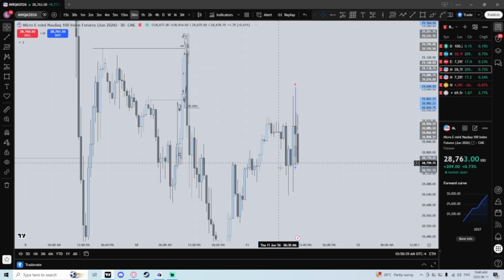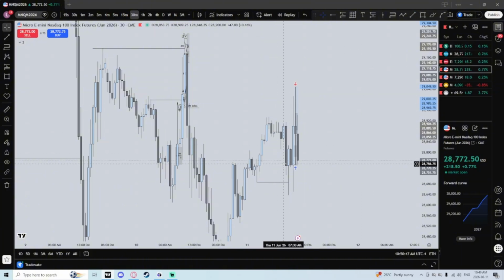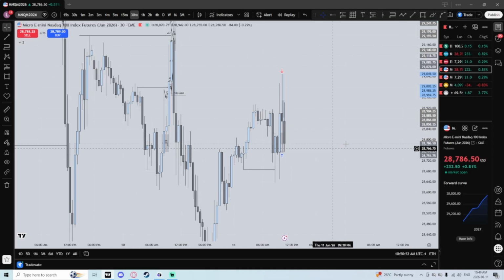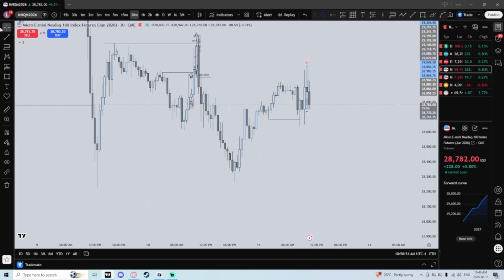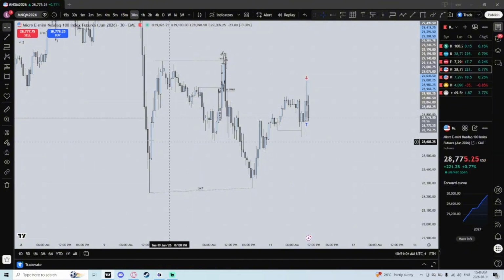what was it, a 30-minute unmitigated, I think? Coming into the morning, I was honestly kind of bearish, just because of this weekly level. We had a SMT at the weekly intermediate low, but then I noticed that the weekly candle hasn't fully closed yet. So this isn't actually a weekly intermediate low because